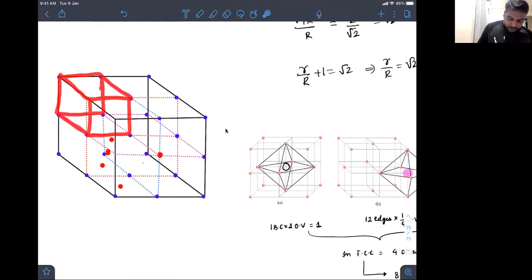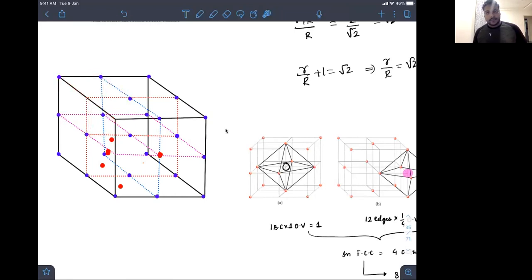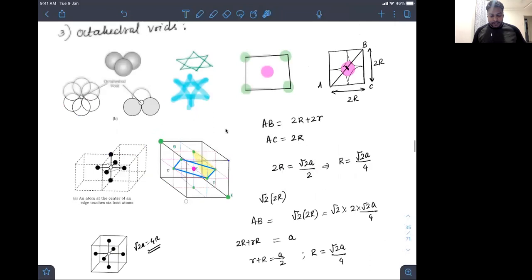Correct. So this is that cube, right, students? Like this, we have total 8 cubes, correct? So the tetrahedral void is exactly at the center of this cube. Got it? And that is at what distance? From this point to this point, it is 1/4 of the body diagonal. That's what I have written here.